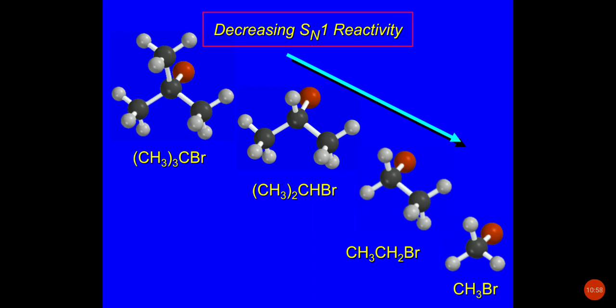So primary carbocation is least reactive. You have to note this, that in the case of tertiary carbocation, it has more hyperconjugative structures or resonance structures. So it is more reactive. Secondary has slightly less hyperconjugation than tertiary, and primary has even less. So tertiary is the highest. Tertiary is more reactive because it has more hyperconjugative structures. Are you getting me? So the order of reactivity is tertiary greater than secondary greater than primary alkyl halide.